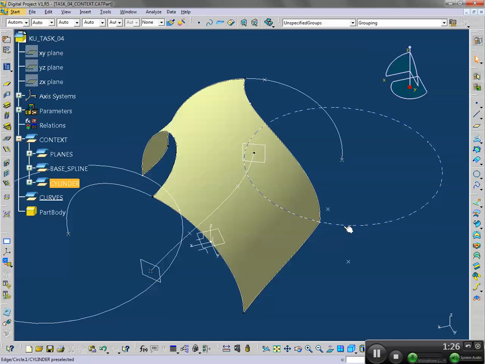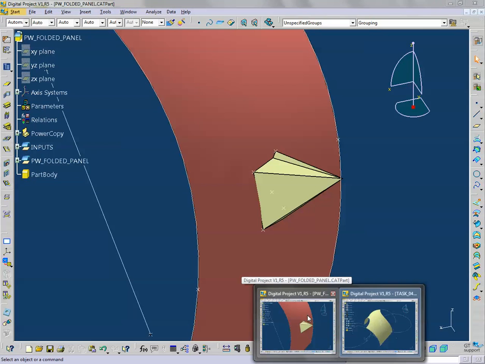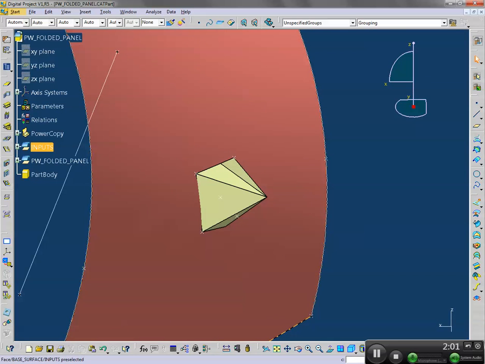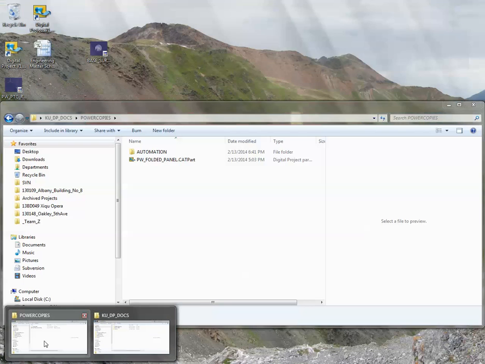Once that's set up, you can press OK. And now when you instantiate a Pw Kp or any user-defined feature or document template, it's going to look for that catalog in that location to pull the Pw Kp from. So in order to instantiate the Pw Kp, we need to place that Pw Kp into the catalog so that when it's pulled up, it'll instantiate. So back in the pw folded panel file,